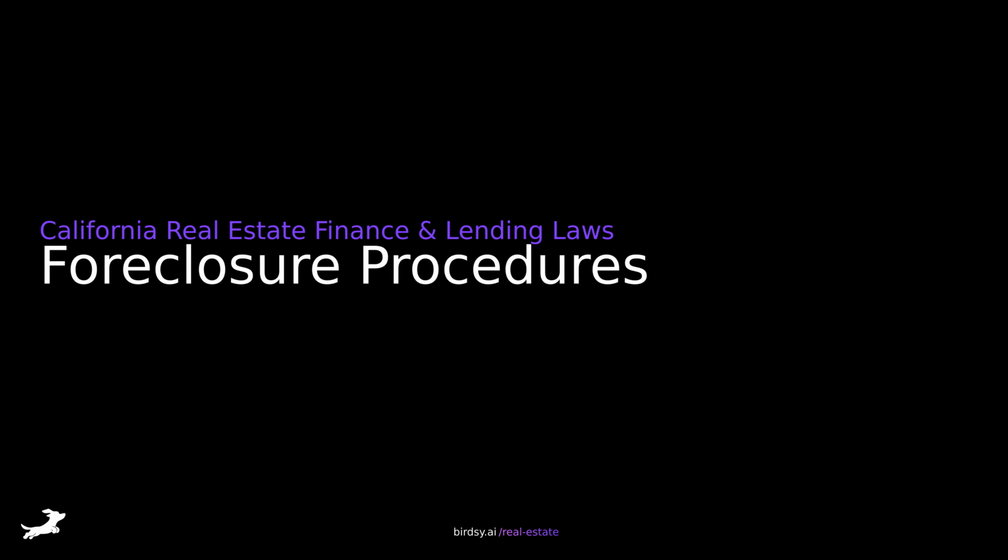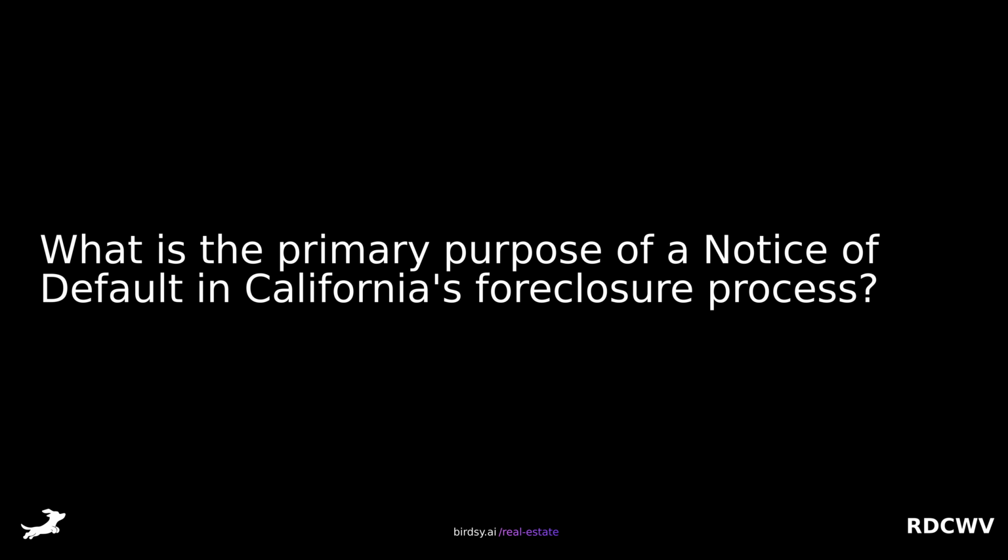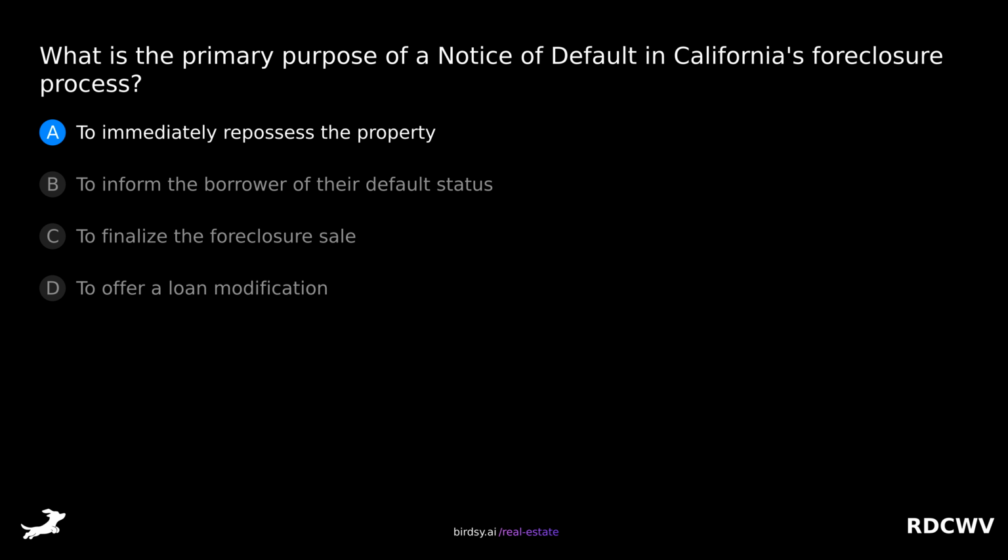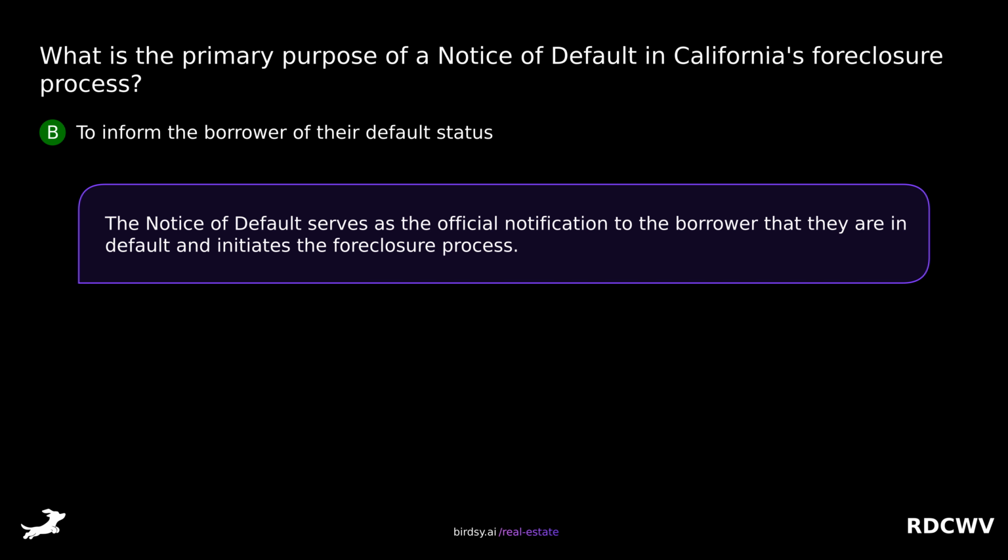Foreclosure procedures. What is the primary purpose of a notice of default in California's foreclosure process? Is it A, to immediately repossess the property? B, to inform the borrower of their default status? C, to finalize the foreclosure sale? Or D, to offer a loan modification? The answer is B, to inform the borrower of their default status. The notice of default serves as the official notification to the borrower that they are in default and initiates the